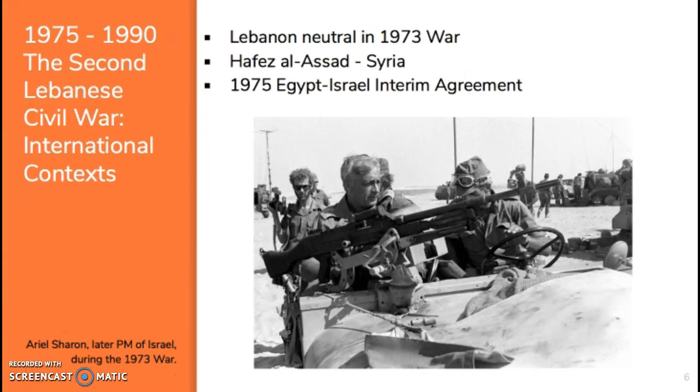Internationally, Lebanon remains neutral in the 1973 war, much to the disgust of many of its Arab neighbours and Palestinian refugees. In Syria, the Assad regime is now stabilised by 1975, and one of the consequences of the 1973 war is the moving in of peace between Egypt and Israel. That agreement, of course, isn't signed till 1979, excuse me. But in 1975, Egypt and Israel signed the interim agreement, which will lead to Israeli withdrawal from the Sinai Desert